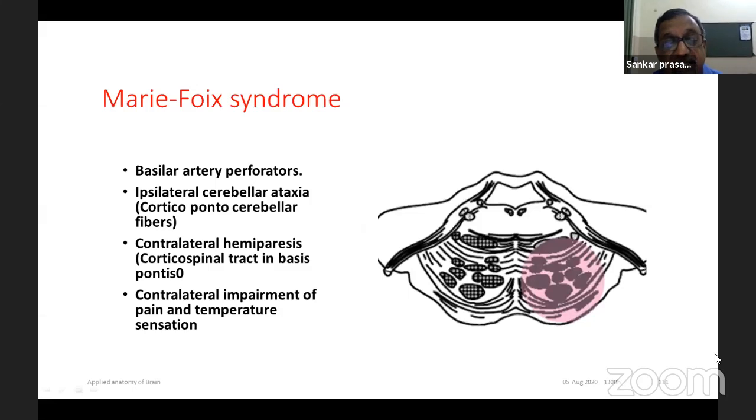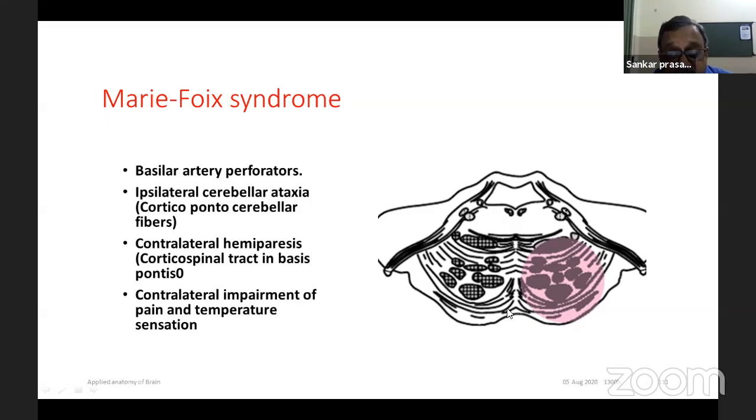Okay, so these are cerebellar ataxia because of corticopontocerebellar fibers. See, the cerebellum is connected to the cortex by the dentatorubrothalamocortical tract, which is a crossed tract, and the corticopontocerebellar tract, which is again crossed. So it is coming back to the same cerebellar hemisphere. So you have ipsilateral cerebellar ataxia, contralateral hemiparesis because of the corticospinal tract in the basis pontis, and contralateral impairment of